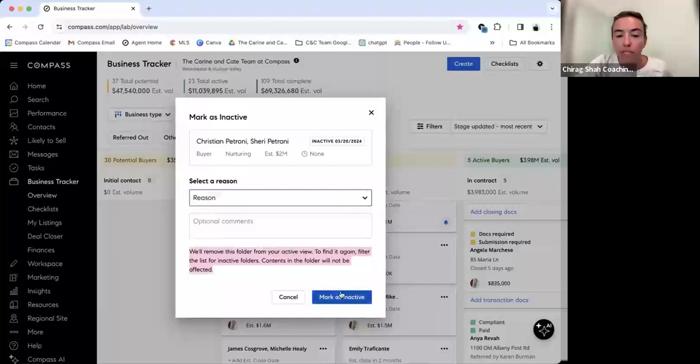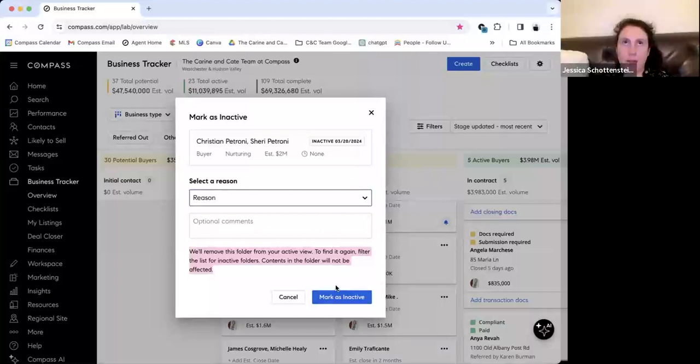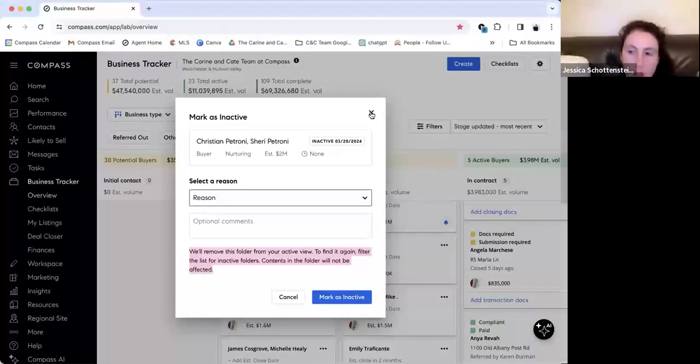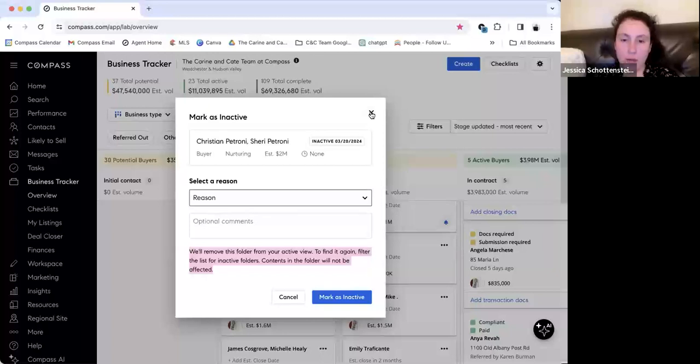So if I was just going to make this person inactive, it says we'll remove this folder from your active view. To find it again, filter the list for inactive folders. So I think making it inactive is the same thing as archiving somebody. You can go back and pull them out if they become active, but it doesn't clog up your view and business tracker. So with that, I guess I could try to figure it out myself, but if I make it inactive, does that also remove the collection?